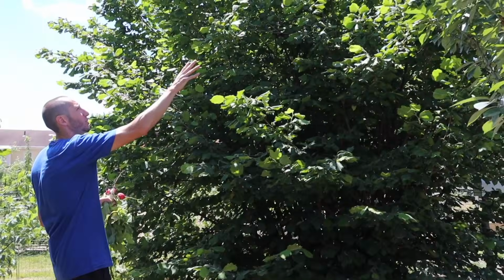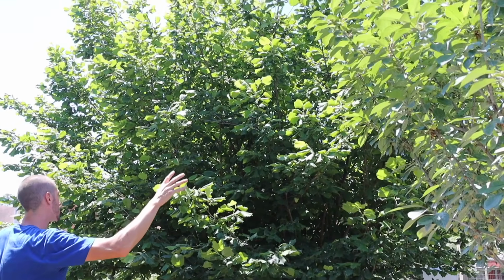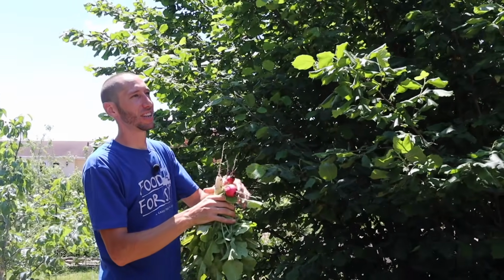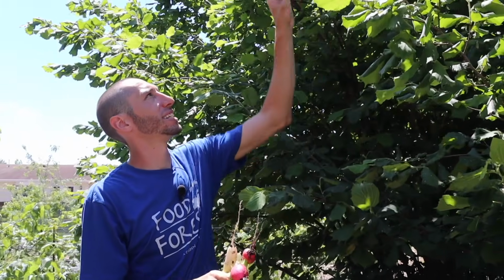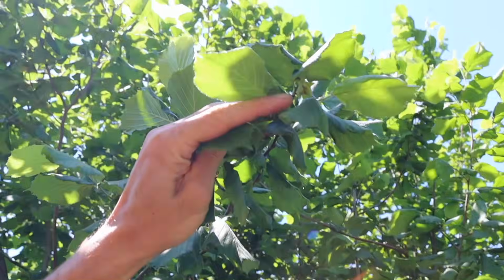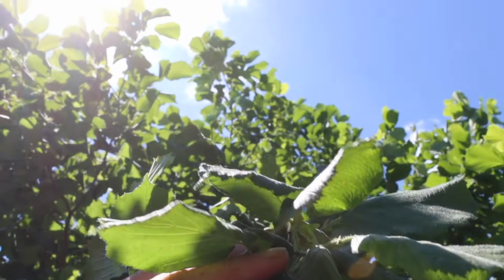Check out this hazelnut too. This thing has just gotten massive. I think it's probably doubled in size since last year, and I'm so excited for this because this hazelnut has a lot more fruit than it ever has. And last year, the other hazelnut is the one that had all the fruit. This one looks like it is the one with all the nuts this year, which is huge in my opinion